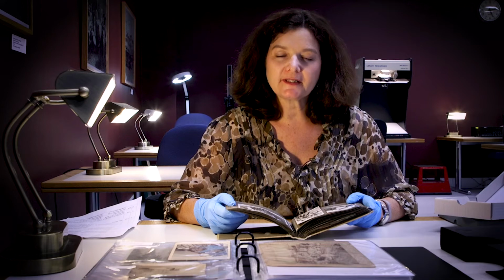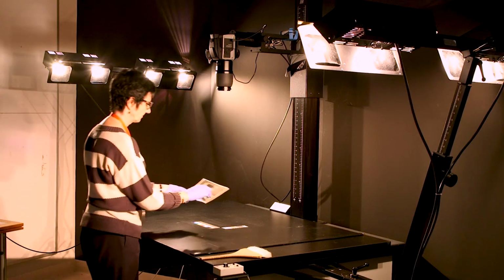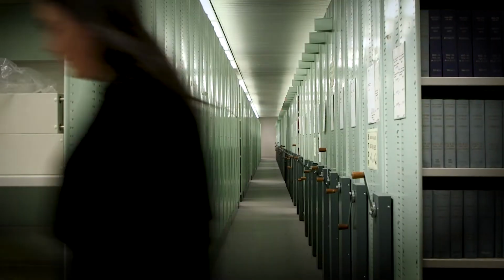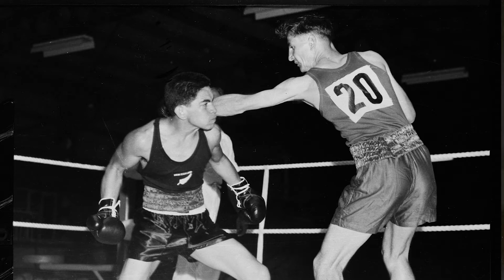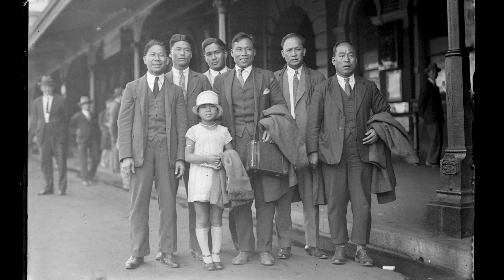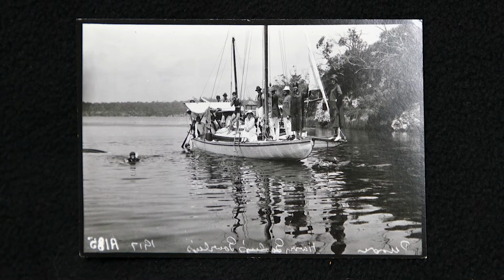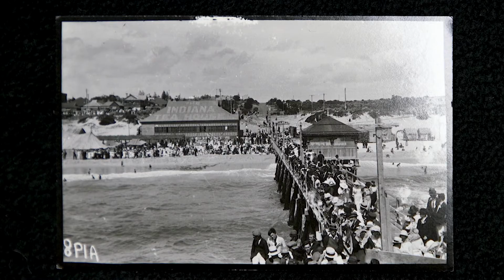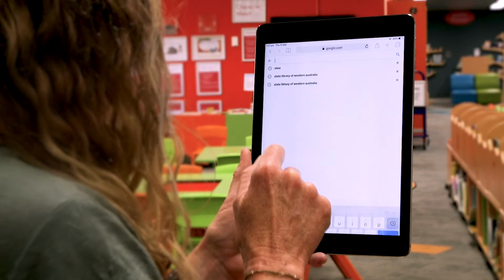The State Library of Western Australia collects, preserves and maintains collections that tell Western Australian stories. These collections can include newspapers, maps, diaries, as well as pictures. There are over 700,000 images available from the State Library Pictorial Collection, and many of these are available online through the internet. This video is going to demonstrate how you can access these images over the internet from your own